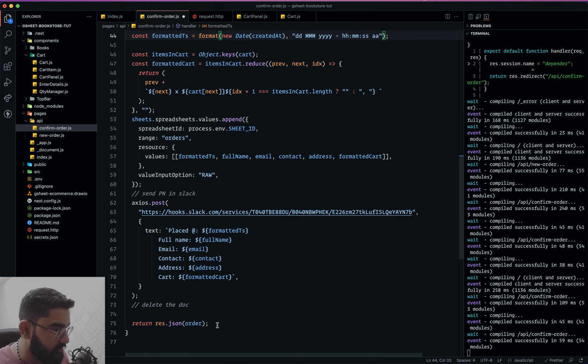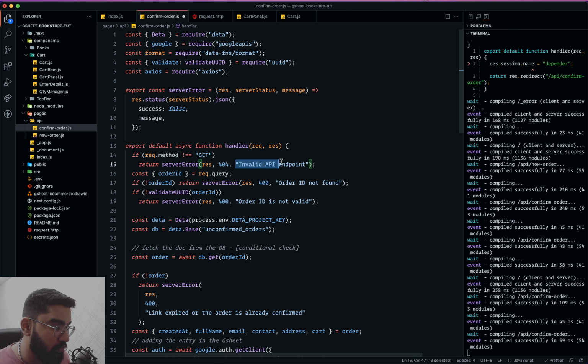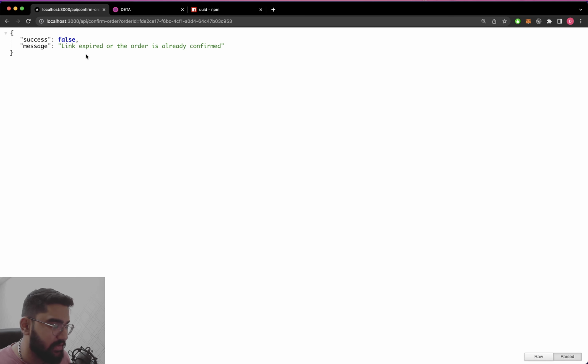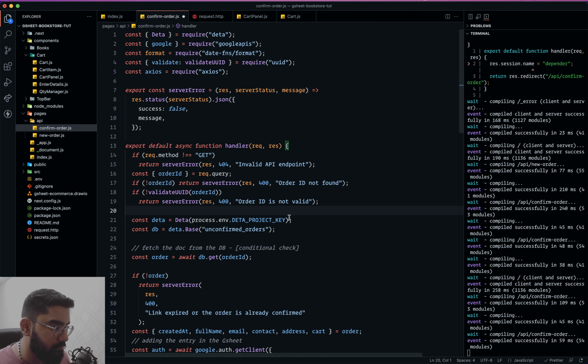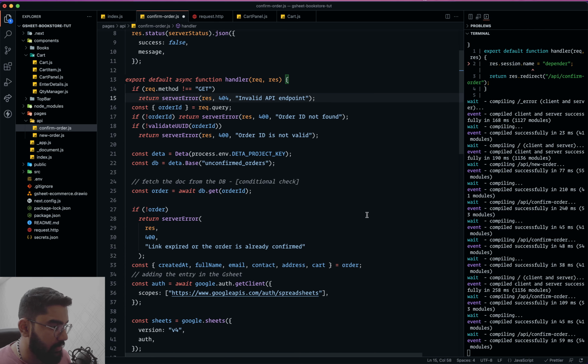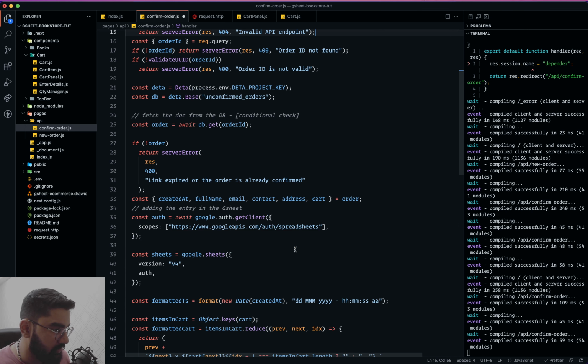And another thing, so in the end we are sending back the order, right? So over here, let's actually send back something else. Let's keep it the same order, because I kind of need to think about how exactly can we show a page with the respective message, as in if the order ID is not valid, or invalid API endpoint, or this. You do get the point. Like, instead of showing it in this way, we should have a better one, like a proper page, stuff like that. So I think I will have to give it a thought,